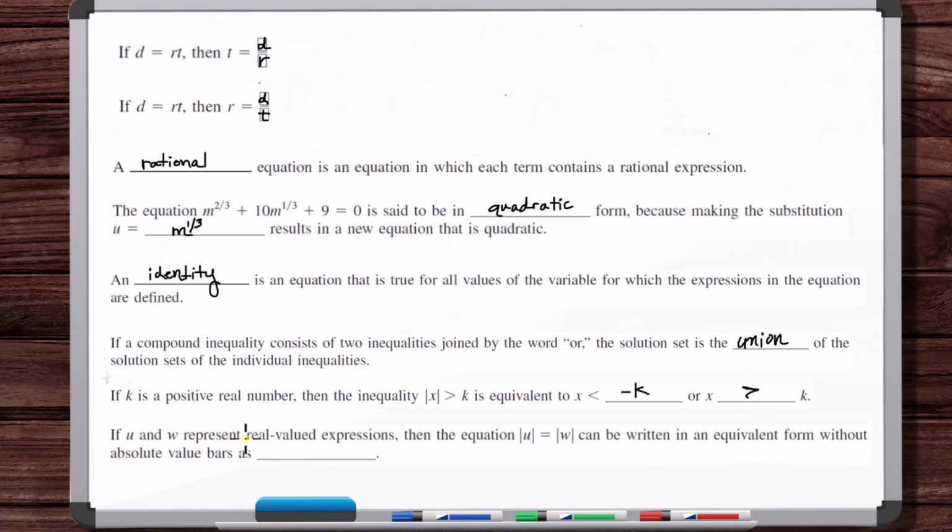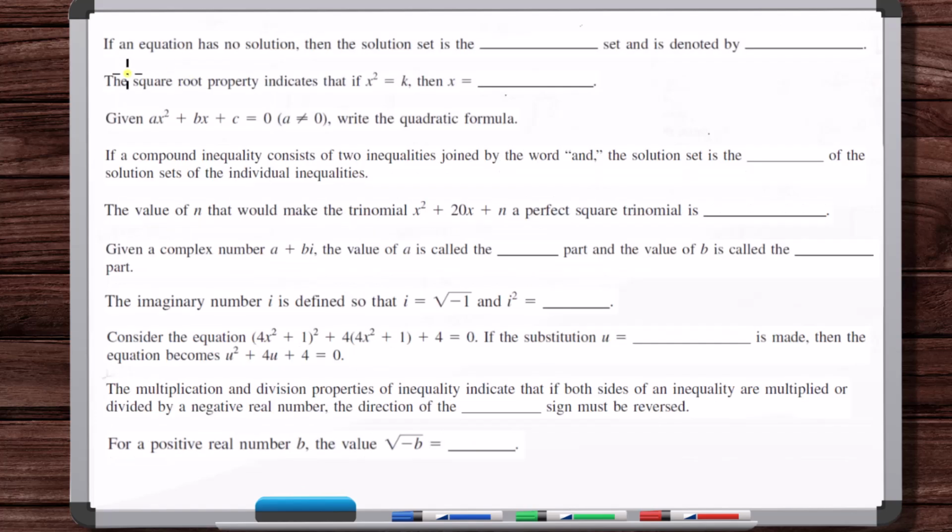If u and w represent real valued expressions, then the equation absolute value of u is equal to the absolute value of w can be written in an equivalent form without absolute value bars as, so you would put u is equal to w or u is equal to minus w. If an equation has no solution, then the solution set is the what set and is denoted by, so this is the null set. And it's denoted by